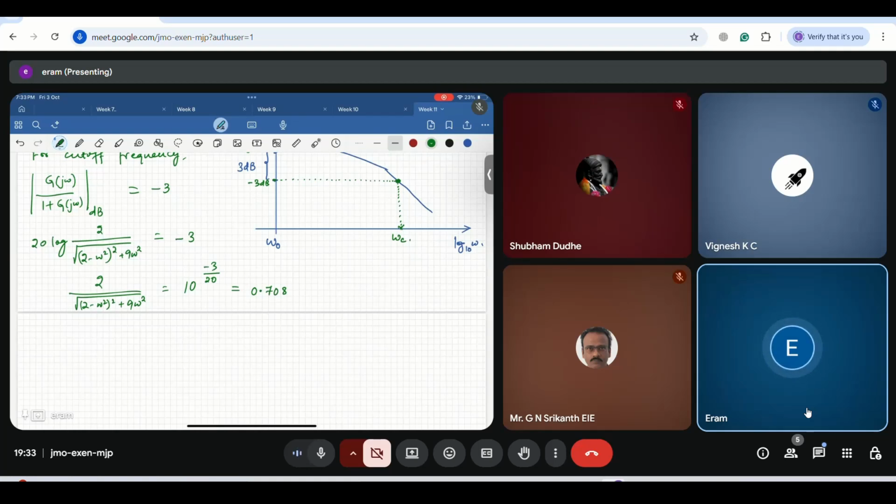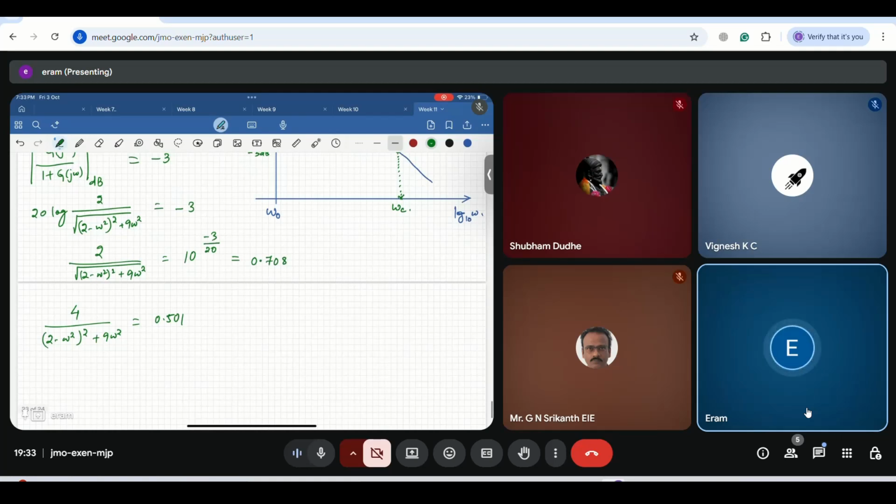Now you can square both sides to simplify it. When you square it you will get 0.501. So 4 divided by (2 minus omega square) whole square plus 9 omega square equals 0.5. So ultimately what you will get is